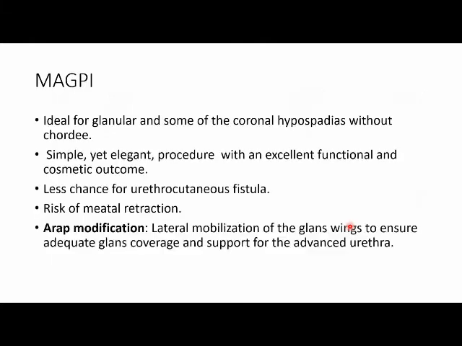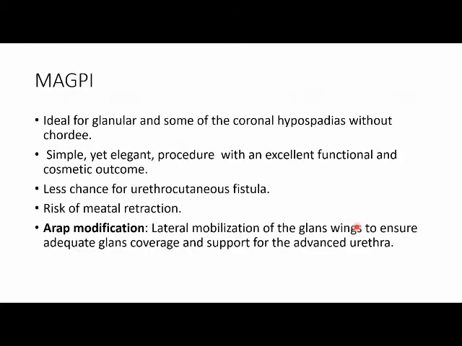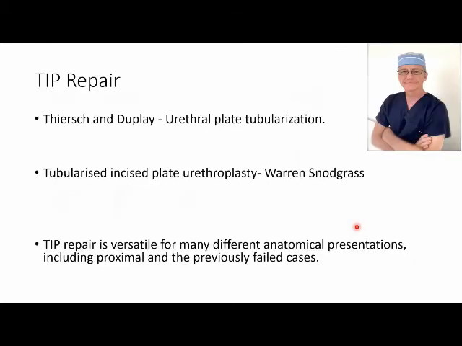Then there is something called the Arap modification of the MAGPI procedure. In this procedure, it is similar to MAGPI, but the only thing is that instead of simply mobilizing the glans tissue, we will be raising the glans wings properly laterally, and then mobilize the glans posterior to the neomeatus. That is the Arap modification of MAGPI. Now coming to tip repair, before that,